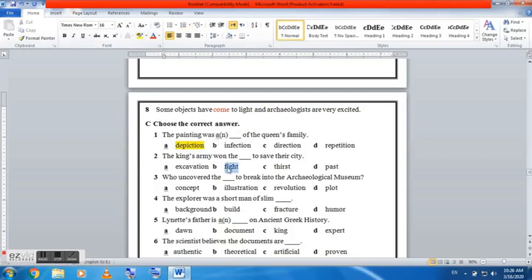Then we're going to do exercise C today as well, which is the choose. We're going to start with the first one. The painting was a depiction of the Queen's family. It described the Queen's family. The King's army won